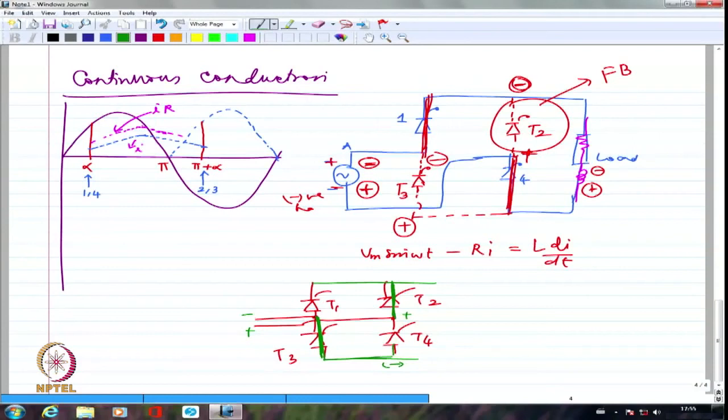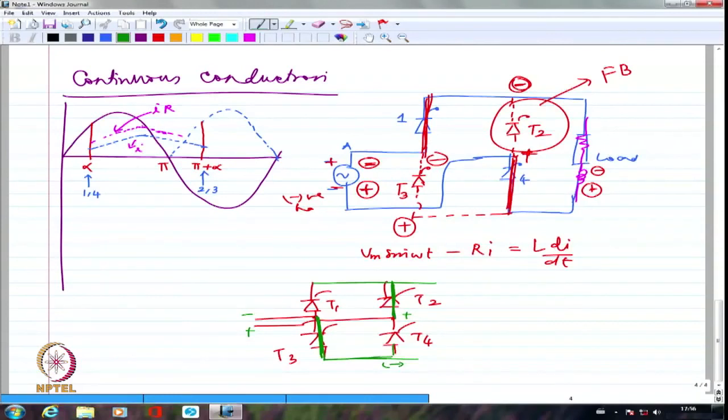So if I had fired it anywhere here also, T2 and T3 would have taken over without any difficulty. But I chose to delay it by alpha, pi plus alpha. That is the reason why T2 and T3 are taking over much delayed. But the moment T2 and T3 take over, T1 and T4 go off because they are reverse biased by virtue of the supply voltage. The supply voltage is the one which is coming across those two devices to turn them off. So this line voltage which helps the commutation or turning off of the thyristor is known as line commutation